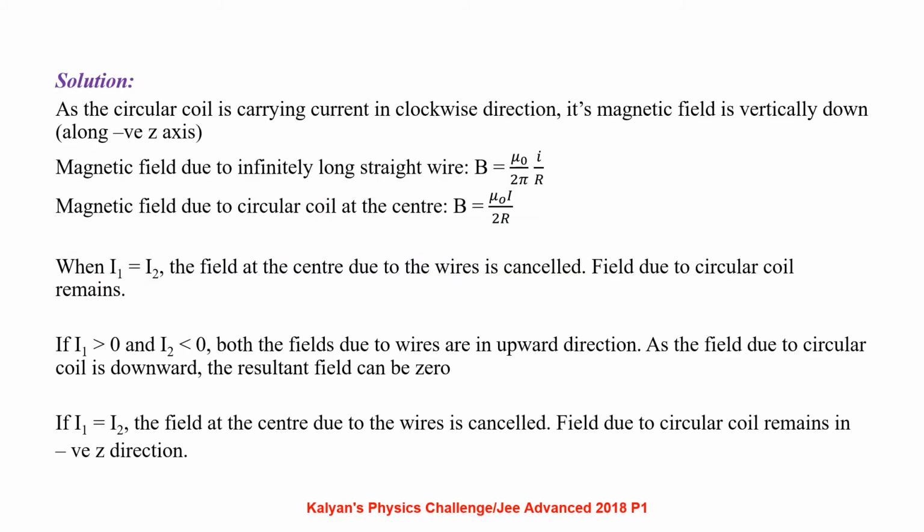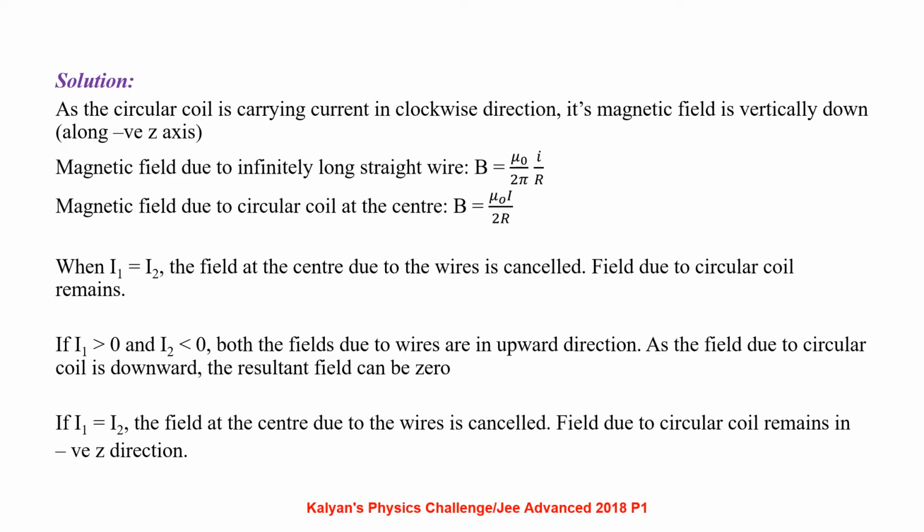As the circular coil is carrying current in clockwise direction, its magnetic field is vertically down, that is along the negative Z axis. Magnetic field due to infinitely long straight wire B equal to mu naught by 2 pi times I by R. Magnetic field due to circular coil at the center B equal to mu naught I by 2R. When I1 equal to I2, the field at the center due to the wires is cancelled, so the field due to the circular coil remains. If I1 is greater than 0 and I2 is less than 0, both the fields due